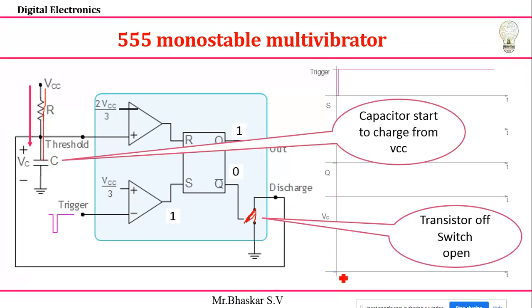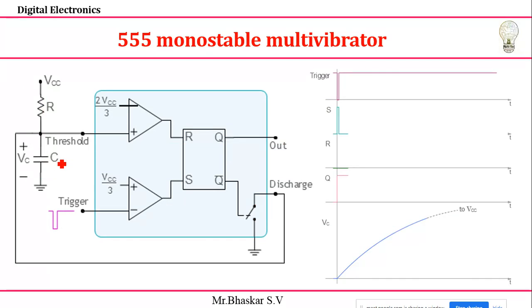How will the capacitor be charged? Gradually, from 0 it will go to the maximum value. Remember again, because of this zero value the switch is open, and if it is open it is not connected to the ground, so I can easily charge my capacitor. Next you can see the waveform I am getting. The capacitor starts charging here. At that time the set value is 1 and the reset value is 0, and the output is 1. Output 1 means the pulse is initially in the 0 state, and suddenly it goes to 1 when the trigger pulse arises.